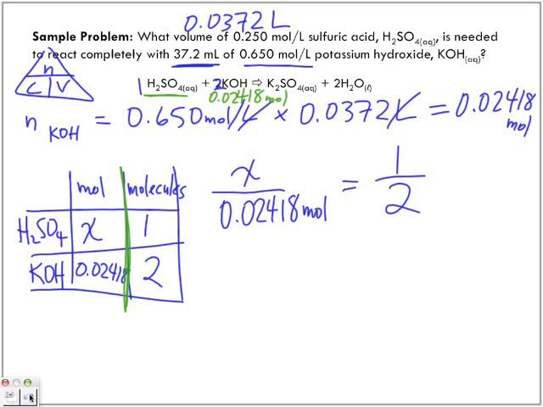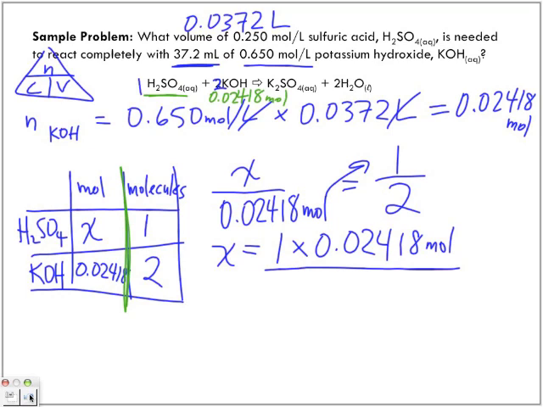So we want to isolate for X. We're going to bring the 0.02418 moles over to the other side, and we get X is equal to 1 times 0.02418 moles divided by 2. Because now, as a shortcut, because it is a 1-to-2 ratio,